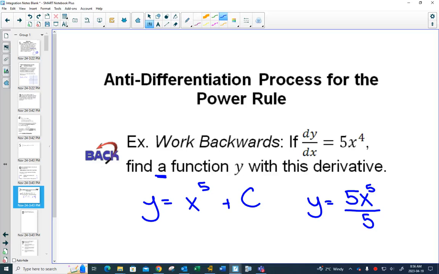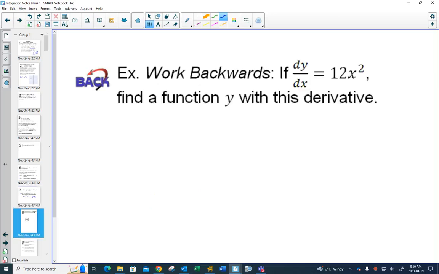Whereas the doing process was when you take the derivative, you multiplied by the exponent and subtracted 1 from the exponent. Now this works out to the same thing. And had I shown you this in the derivatives unit, you would have been like, can I just do this? Because I can see it because it's so easy. But in our derivatives unit, we never had to work backwards with anything that was too complicated.